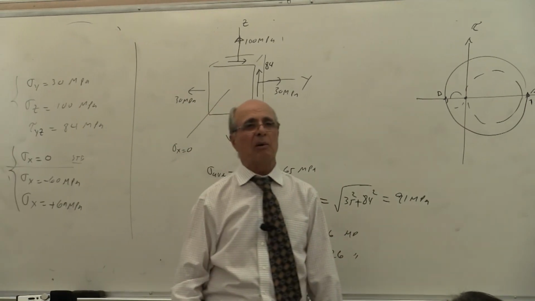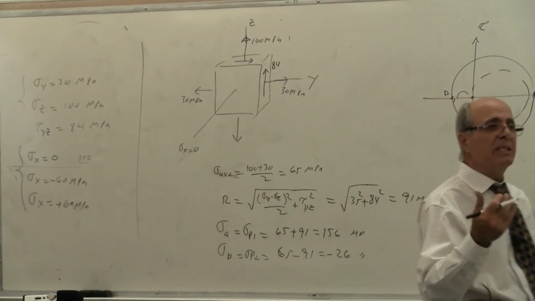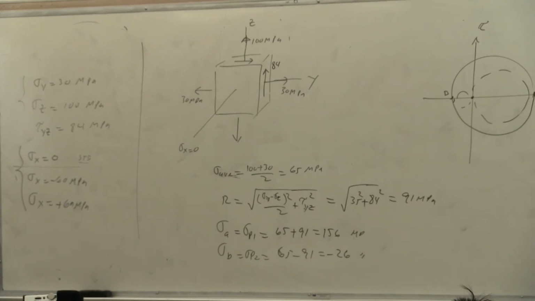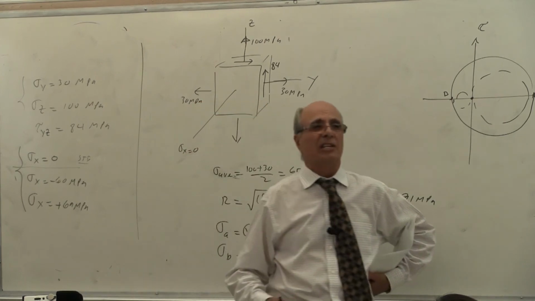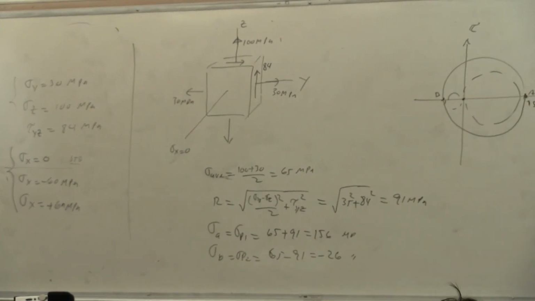Let's say now this one, sigma x equal to how much? Negative 60 megapascal. You have a pressure coming now from the x. Is that correct? I'm assuming the other one has already been incorporated. Is that correct or not? So I'm only talking about the free surface. Is that correct or not? The one that is pressure coming. Is that correct or not? Yes? So what happened there? No. Notice this is no longer a plane stress scenario. Everybody understand that.